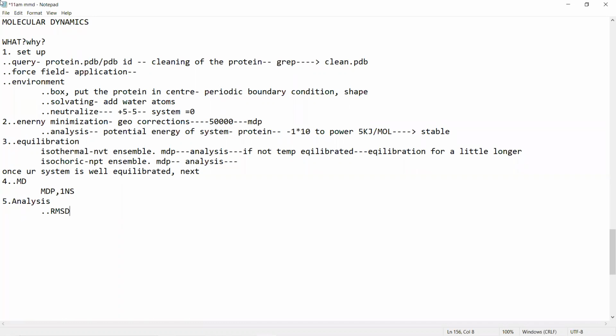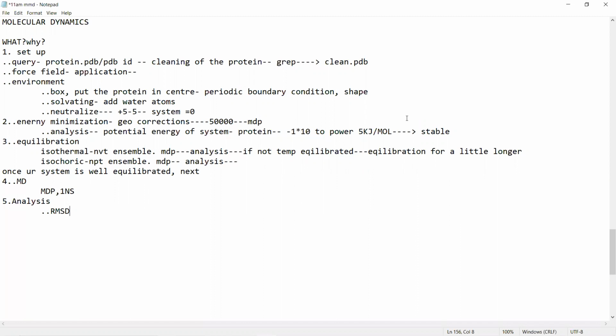Supposing you have a C-shaped protein in the starting and after the simulation it turned into an S. What do you think? Is it a stable structure? No, ma'am. Why? It should maintain its structure with time. Correct. Because if the structure is changed, what does it mean?